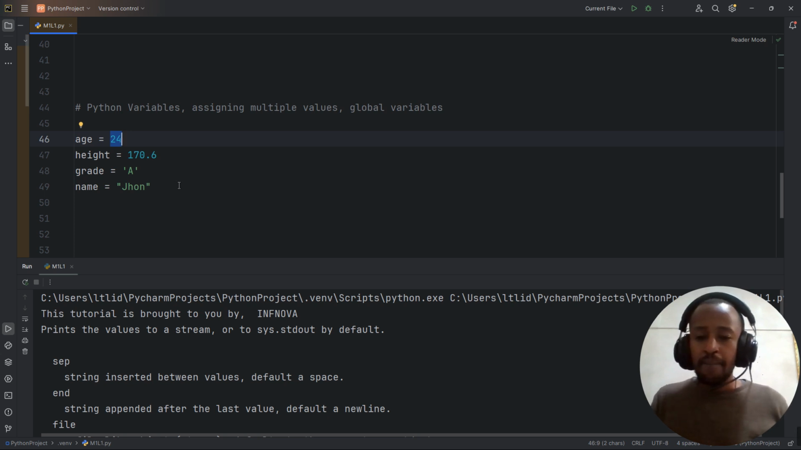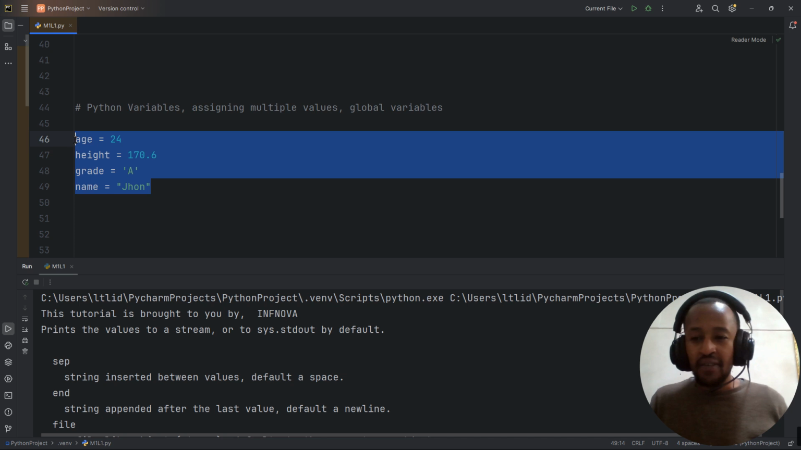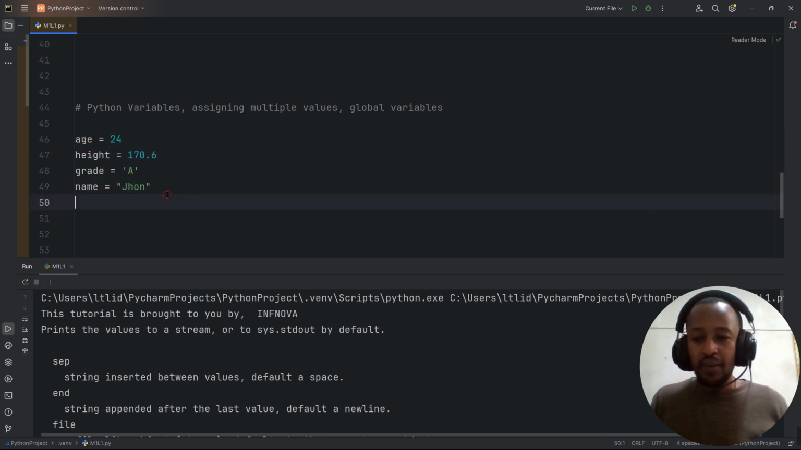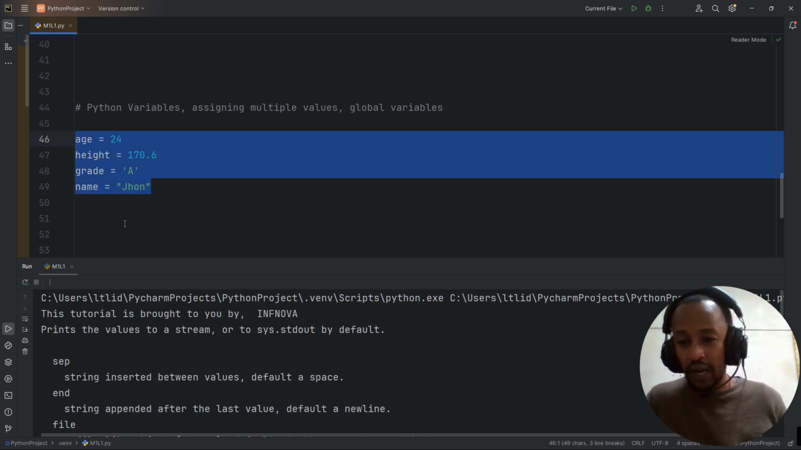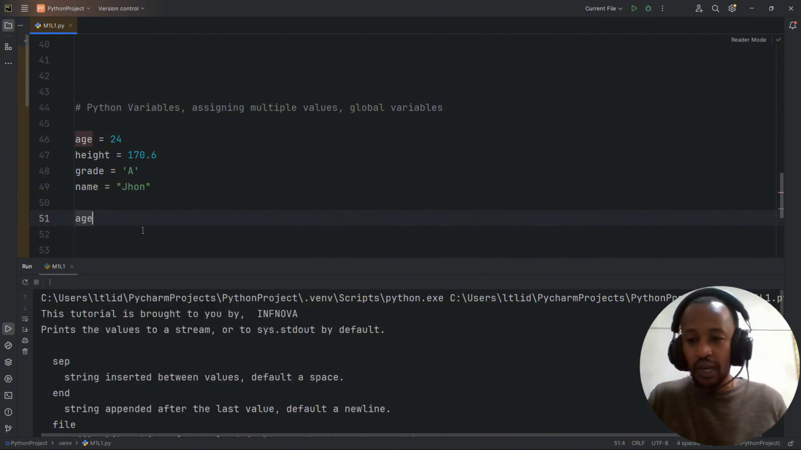So this is defining a variable. When you're defining variables, you can use multiple value assignment. For example, here we've done 4 lines of code, which you can do in just 1 line. So age, height, grade, name equals to